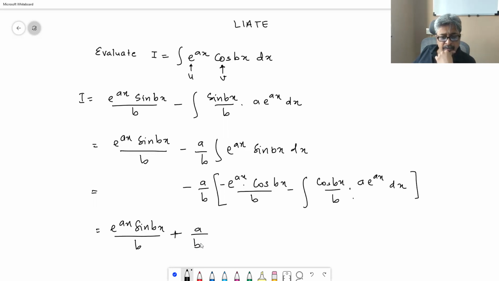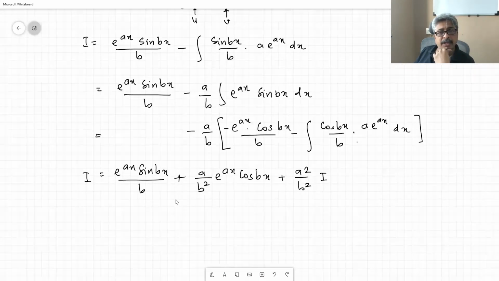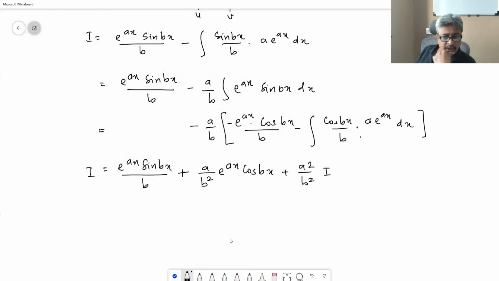a upon b square e raised to ax cos bx. Then again this minus sign makes it plus a square upon b square, and then you have integral e raised to ax cos bx, which is I, right? So this is also I, and hence now what we can do is take this I from the RHS to the LHS, and 1 minus a square upon b square, which is